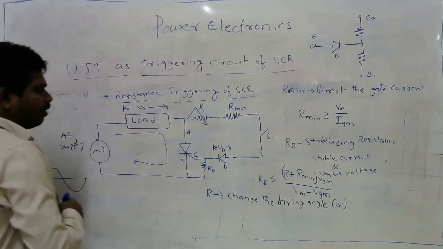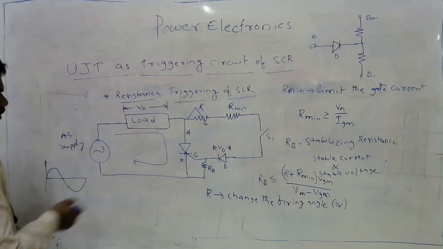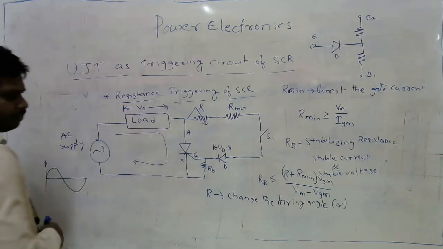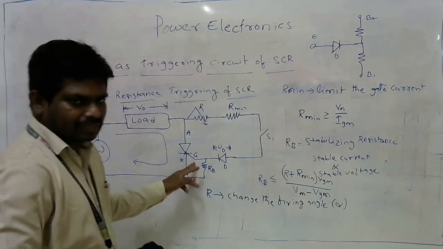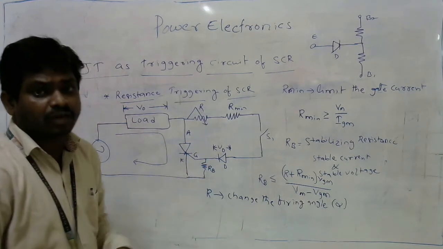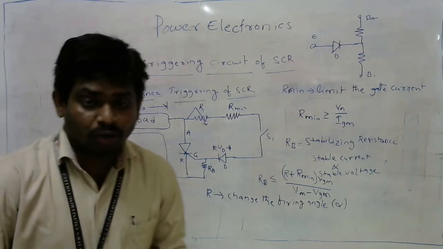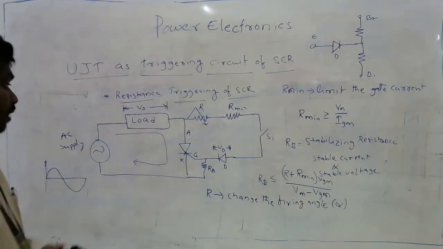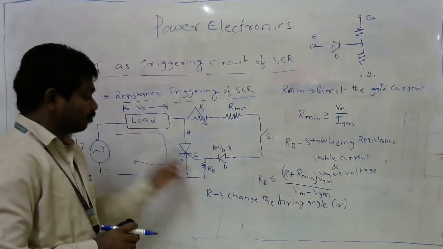Okay? And whenever negative supply is applying, the SCR is going to be open. As I said, SCR is triggered only after giving the gate signal to the SCR. It is going to conduct even though there exists forward voltage across anode and cathode, meaning anode is more positive than the cathode. Even in that case, the gate signal must be given.